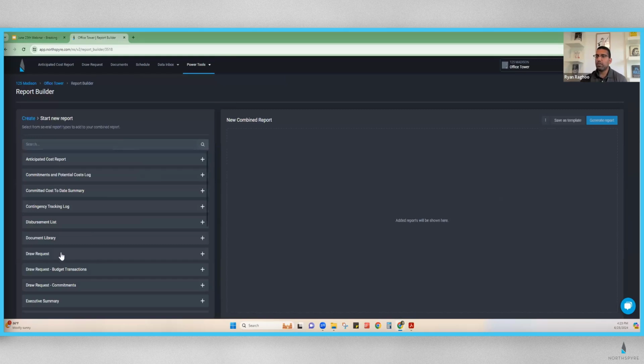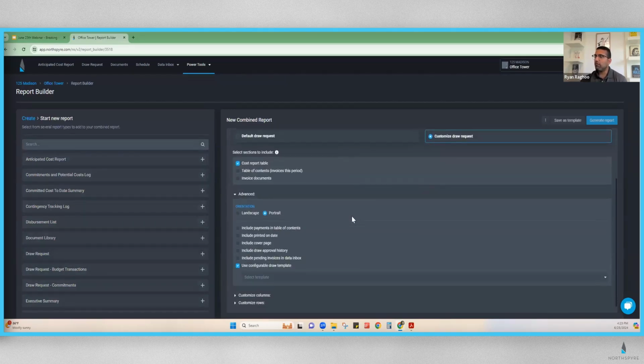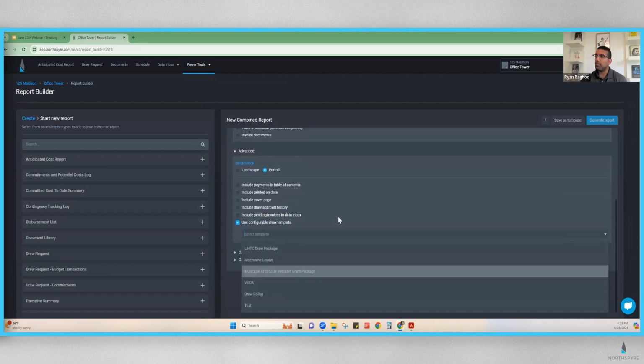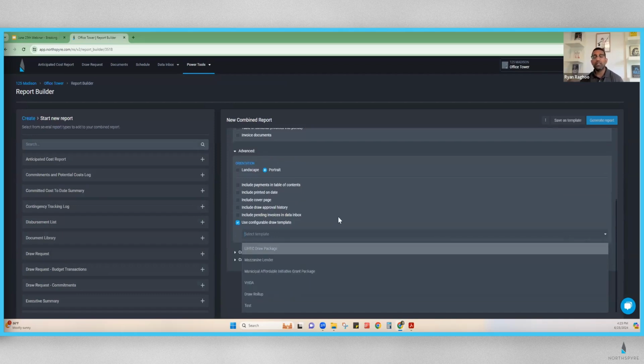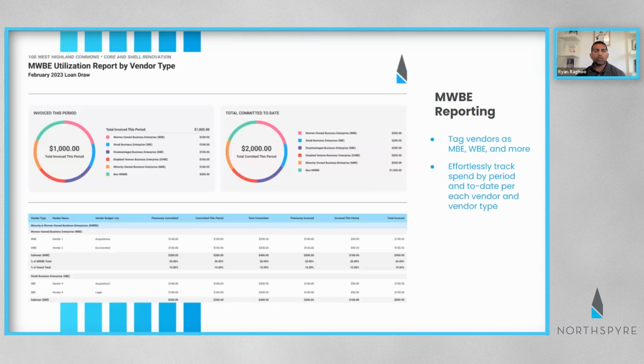You can pull down a draw report and simply use one of our configurable draw templates. So we're not having to start from scratch. We set this up and then we're able to very easily rerun it every time and make sure we're meeting those different lender requirements. So also along the lines of just meeting requirements and making sure we're staying in compliance